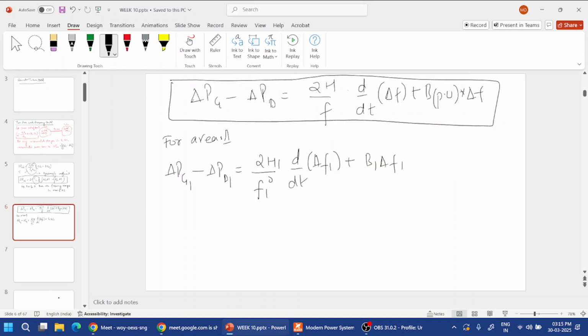Okay, but this incremental power, plus there is another term here which is the tie line, because the incremental power balance equation for area 1 will be this much. Now if we take the Laplace transform for this, it will be